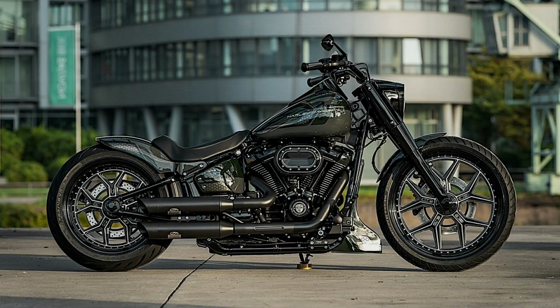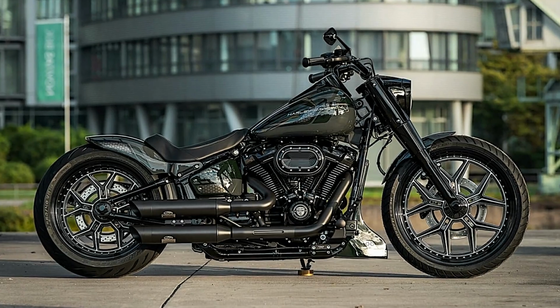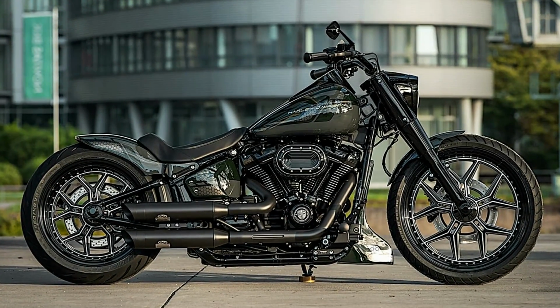That's just as expensive as a brand new Ford F-150 XLT. You know, just as a reference point,